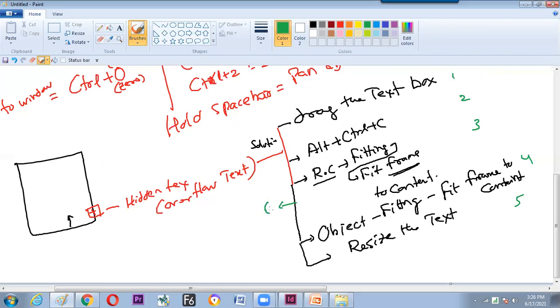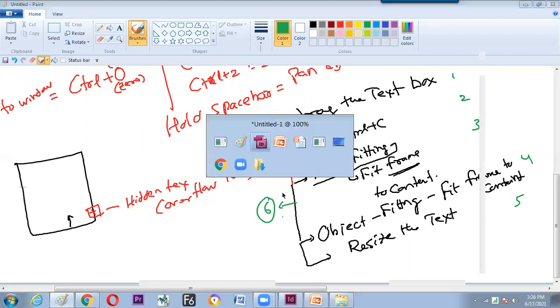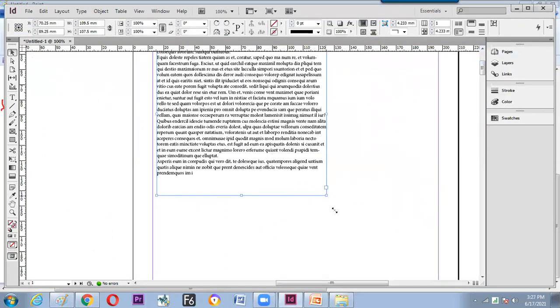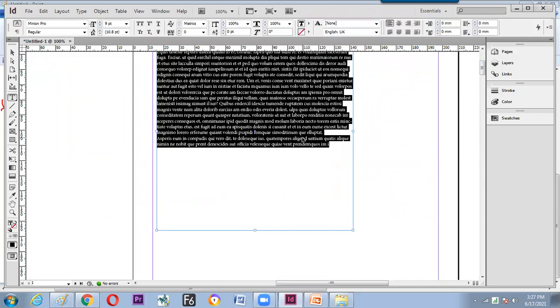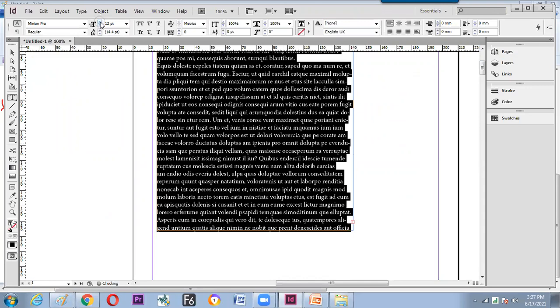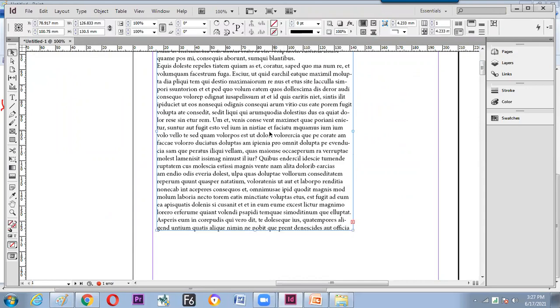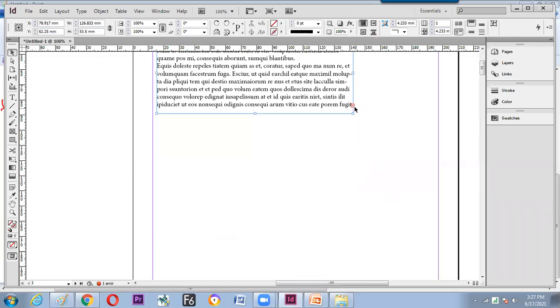Now the sixth method. This is a more important method compared to all these things. Often newspaper people use this. So let us make a little more. Control A. And you can raise the number. Yes. And we can use a command Alt Control C. This is happened, like we have seen all the things. Now we'll make it a little smaller. Now this red color is there. Click on the red color button. This is the next technique. And take this cursor into next place.